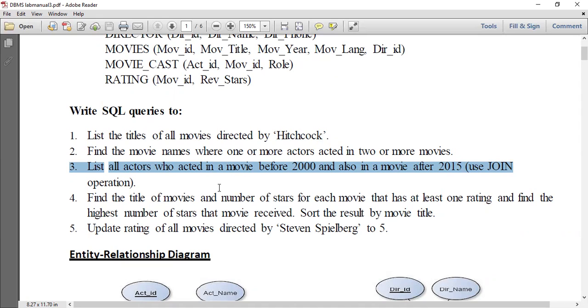So find the title of movies and number of stars for each movie that has at least one rating. So for this particular query there is no restriction on the data. The last one,